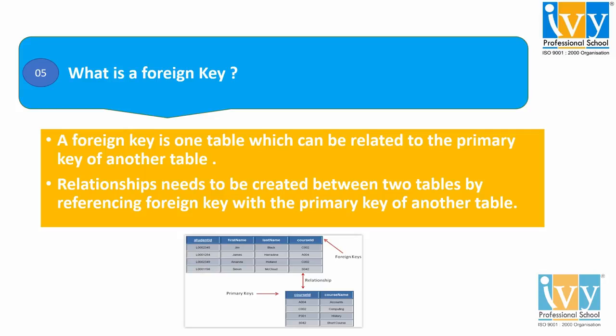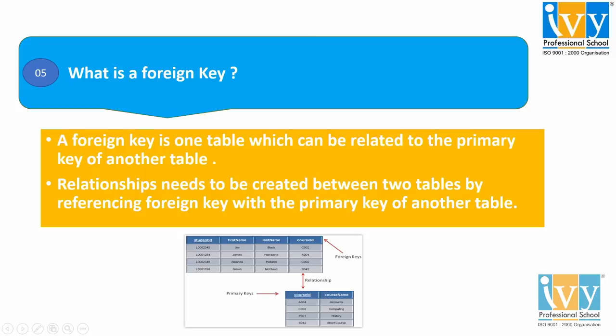That means the foreign key and primary key are both related to each other. The relationship needs to be created between these two tables by referencing the foreign key with the primary key of another table. Here we can see an example. In this example, we see in the table there are 2 columns, course ID and course name, where course ID is the